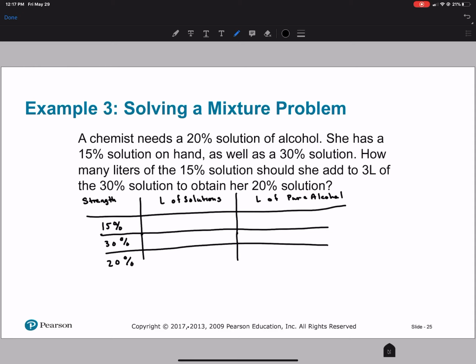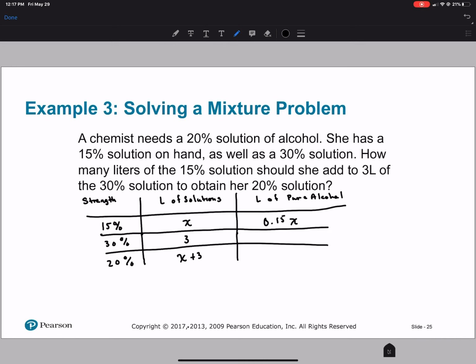All right. So with this, our starting point is X. We know that we have 3 liters of 30%. Now we're adding these two together, so we have X plus 3. So to figure out how many liters we got